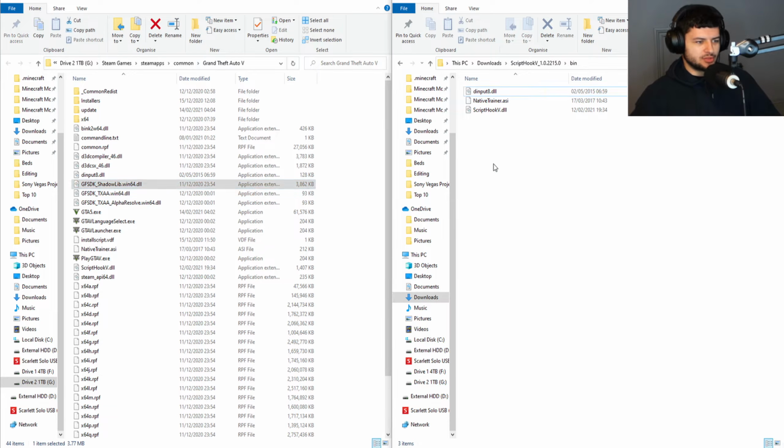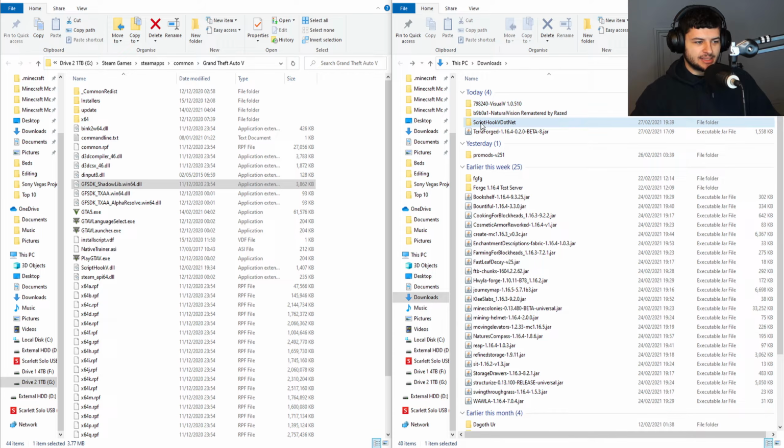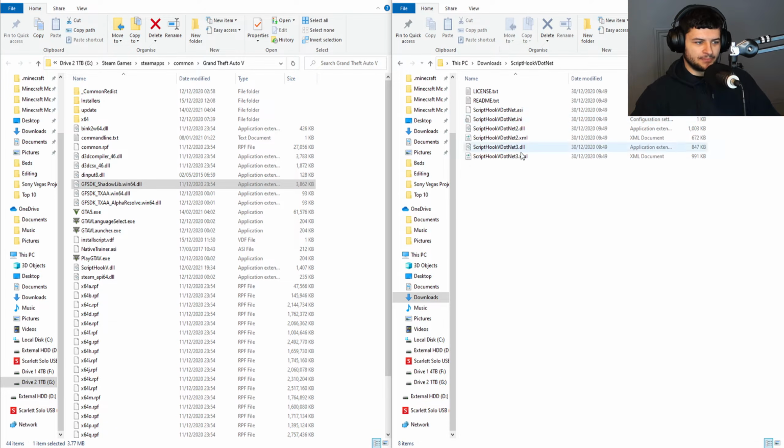So now I've showed you how to install the ScriptHook, so now we're done with that, so we can go ahead and delete the folder, and let's go to ScriptHook5.net. Okay, so we have a few different files in here. So to install ScriptHook5.net, the word .net in its name is basically the .net framework or the .net runtime, and